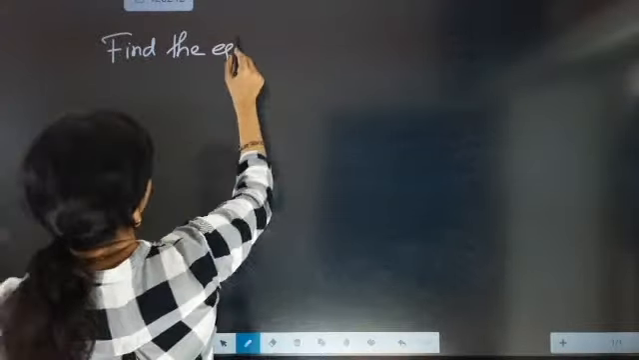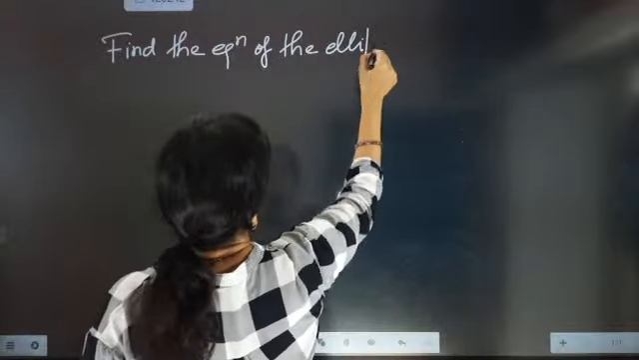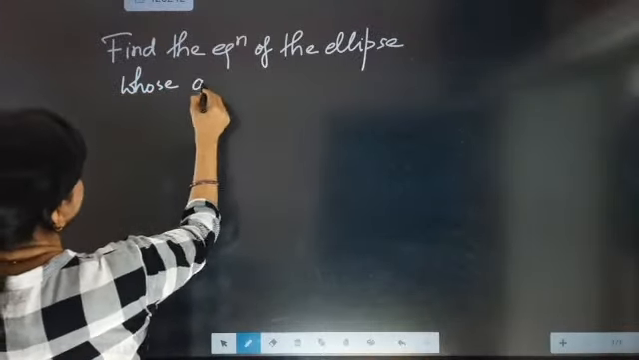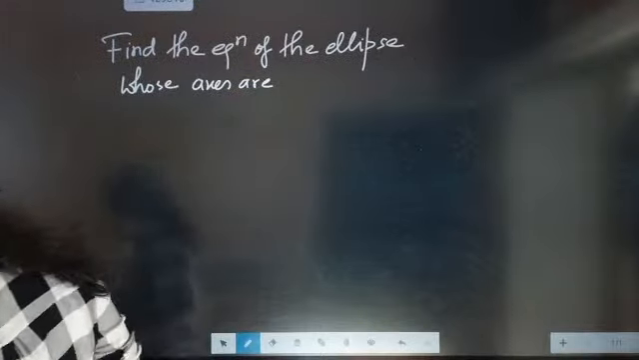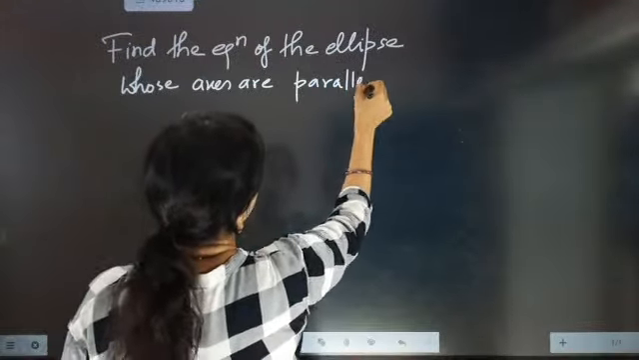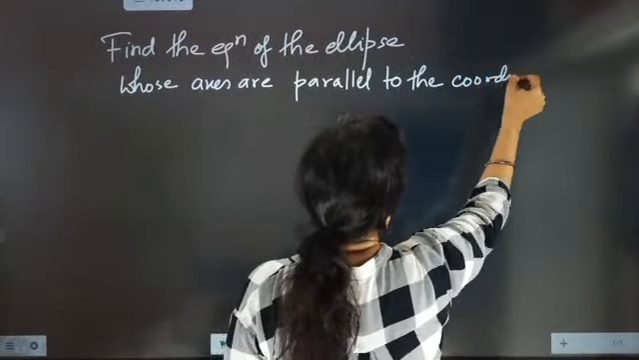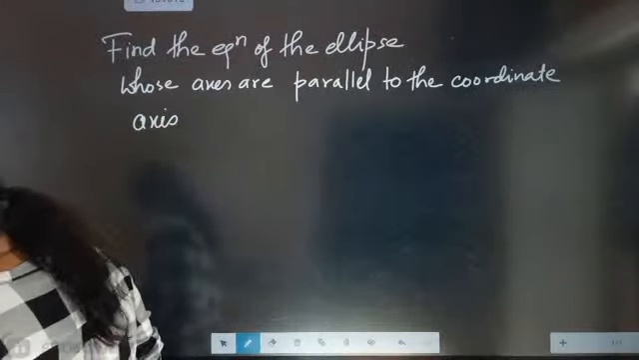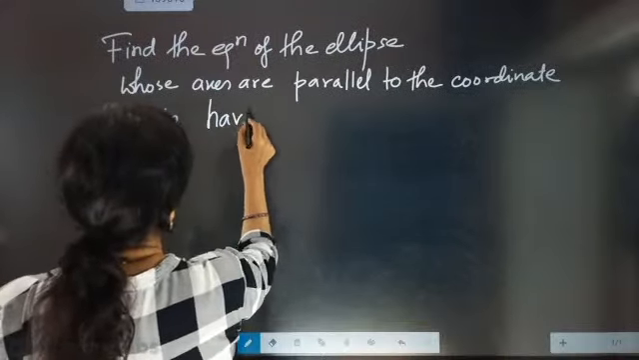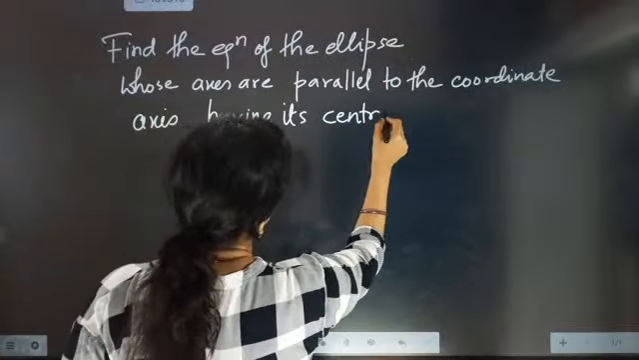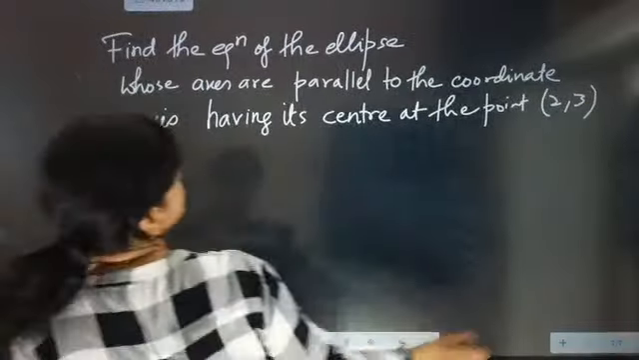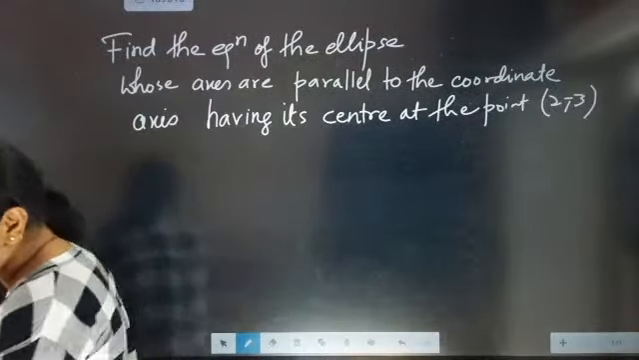So find the equation of the ellipse whose axes are parallel to the coordinate axes, having its center at the point 2, minus 3,